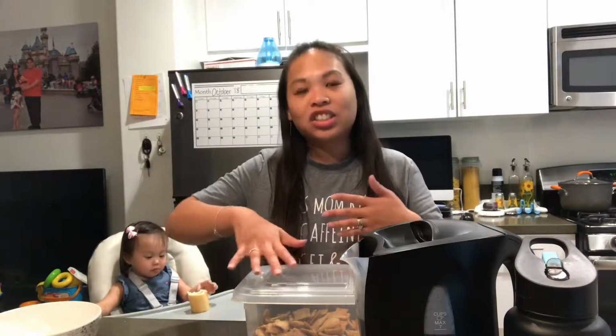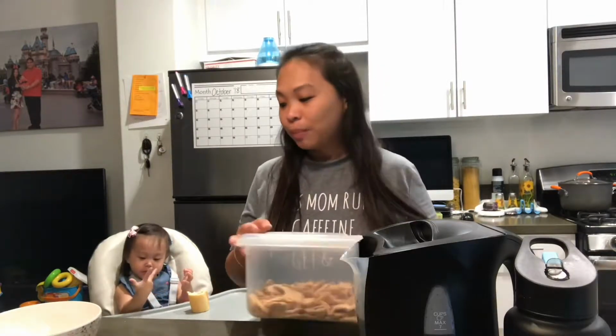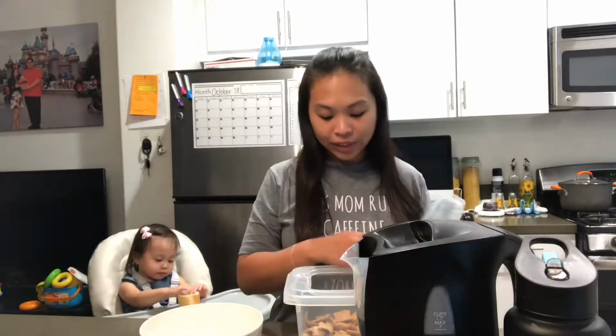TVP is essentially like tofu in that it doesn't really have a flavor of its own, but it is more tough and chewy than tofu itself. So basically what we're gonna do is, it's a step process. You're gonna take a bowl,